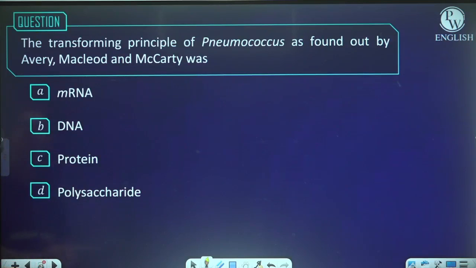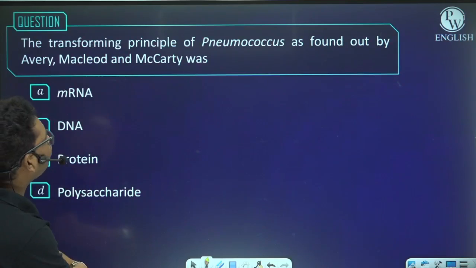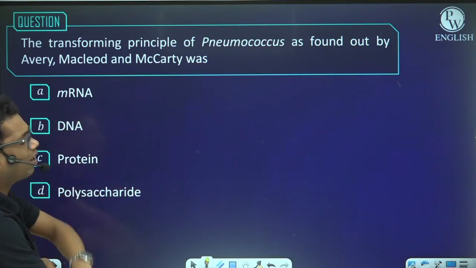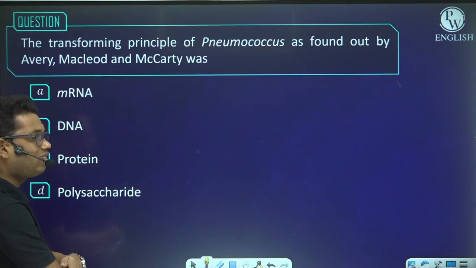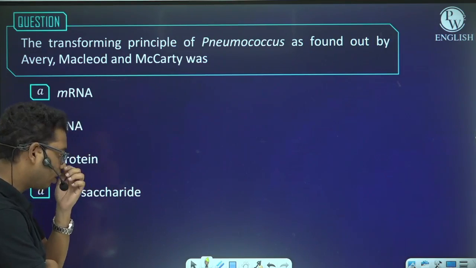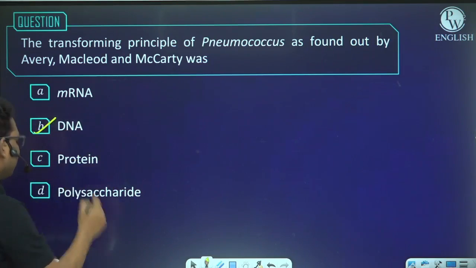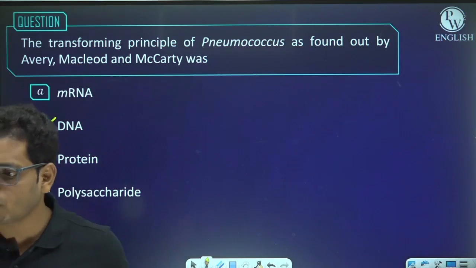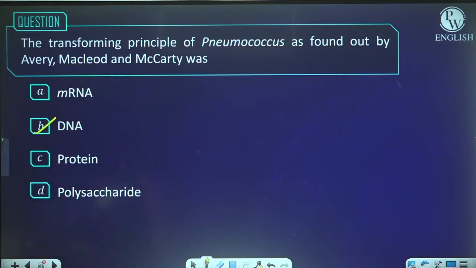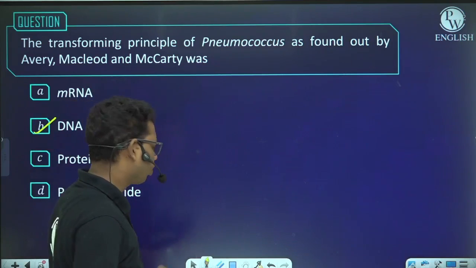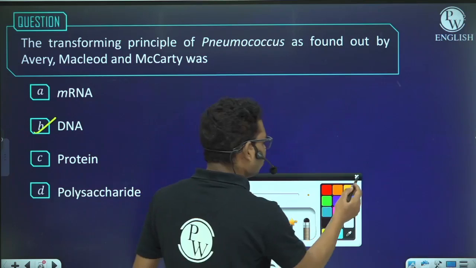Next, the transformation principle of pneumococcus as found by Avery, McLeod, and McCarty was. Avery, McLeod, and McCarty performed an experiment to characterize the chemical nature of the transformation principle, and they found that the genetic material was the DNA molecule. So how did they find that the genetic material was DNA? See, they took